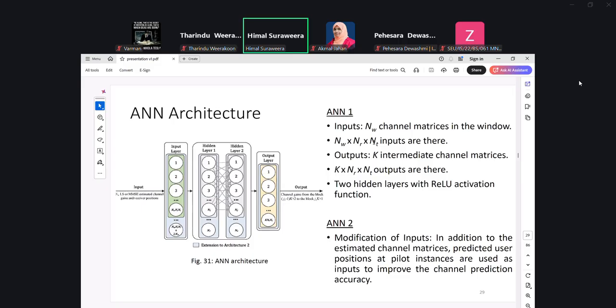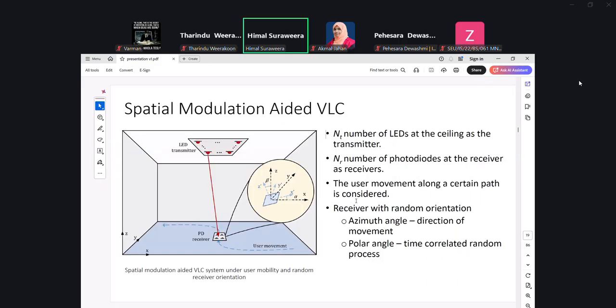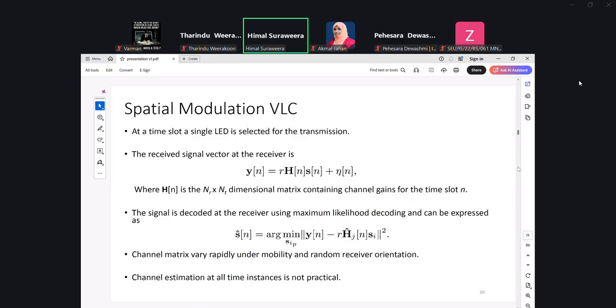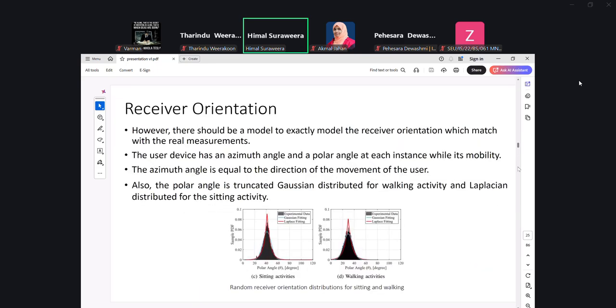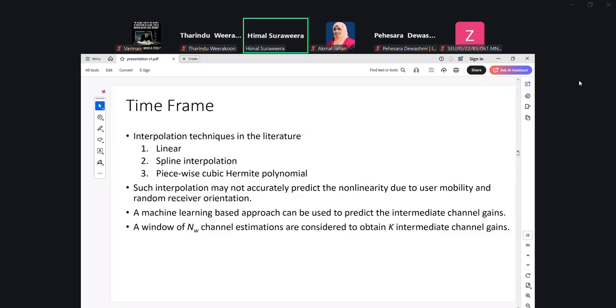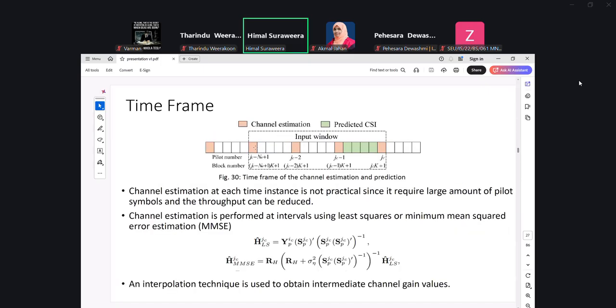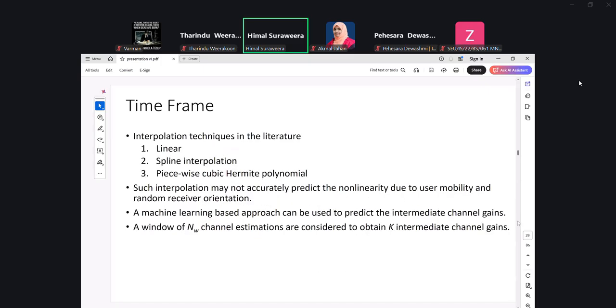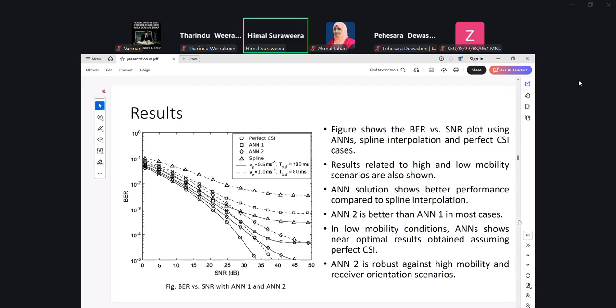It involves an input layer and two hidden layers with NR nodes at each of these two hidden layers, and then an output layer which will predict the channel values at these intermediate block points or time scales. The white values will be predicted using this artificial neural network. That is why I mention this as an application of machine learning for wireless systems.